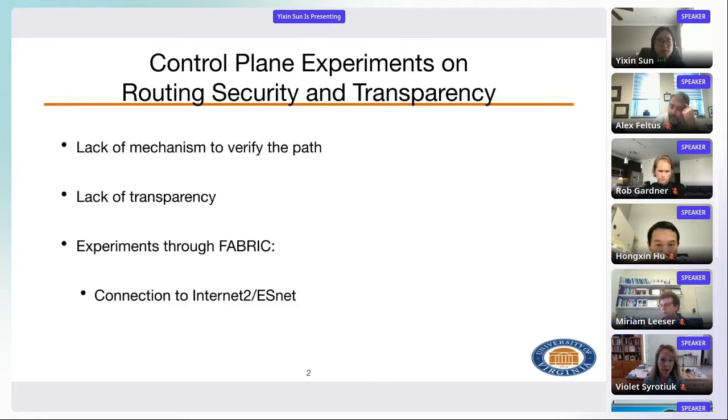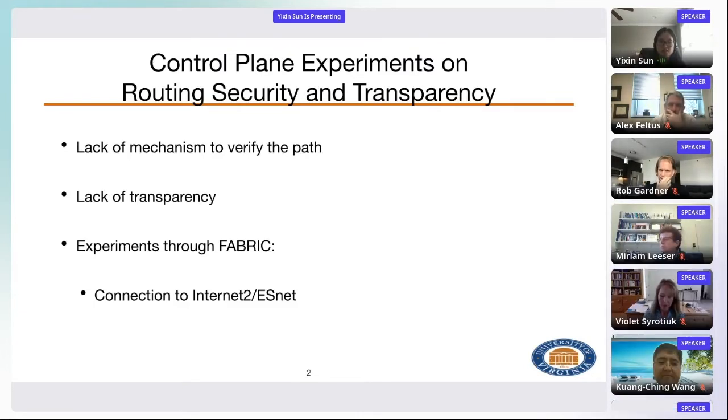Another thing that I want to highlight, which is the second bullet point here, is lack of transparency. This is looking at the routing security problem through another perspective, which is essentially that, to some degree, all these different solutions are developing mechanisms to share the ground truth knowledge about which path or which origin should be correct, right? Say, for example,